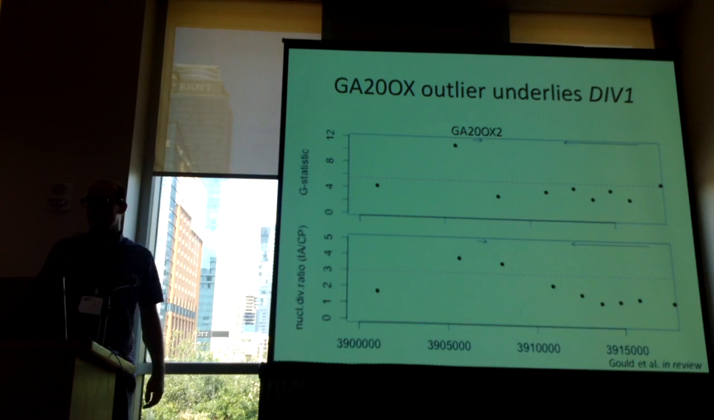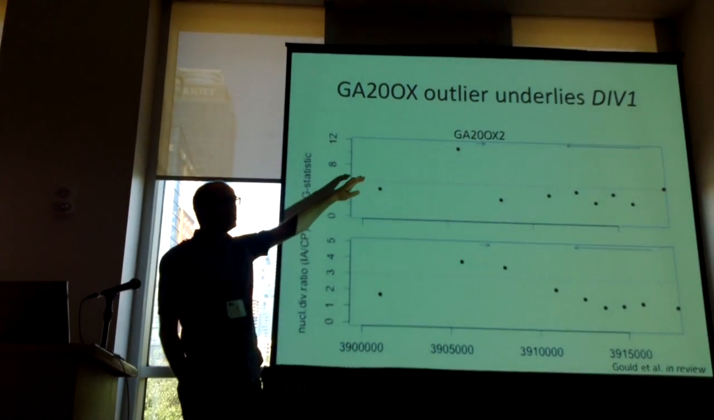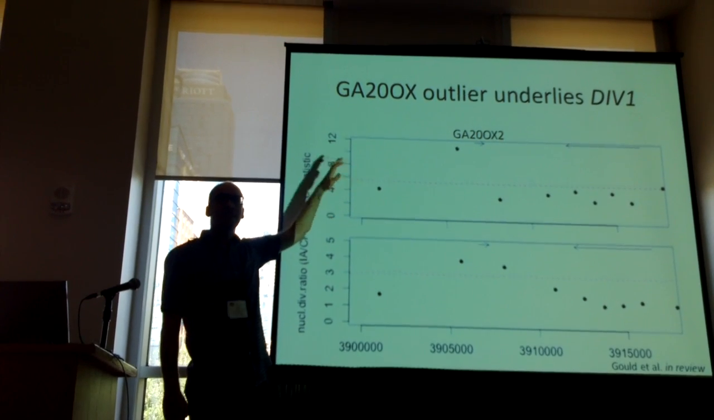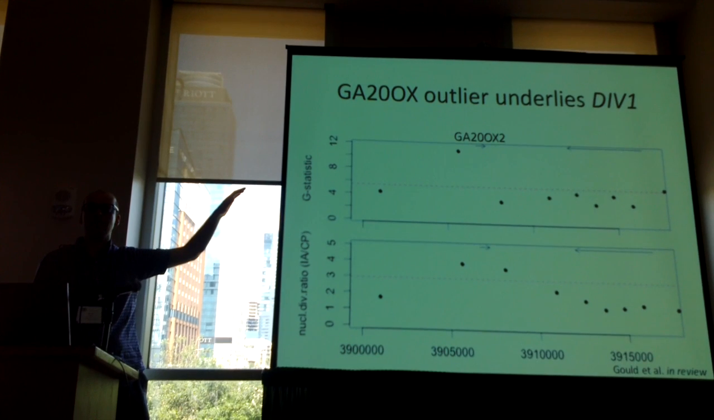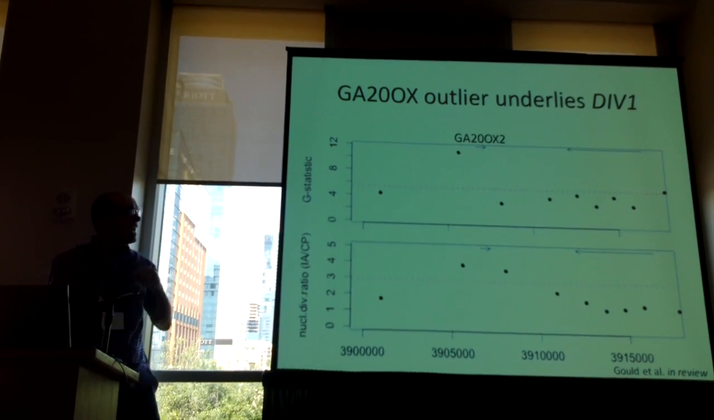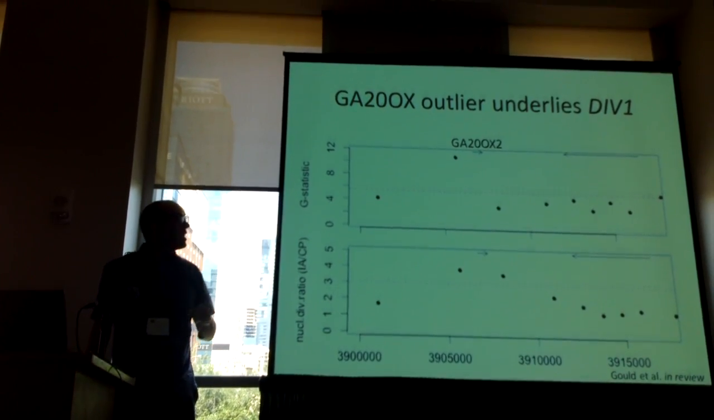So when I went down and looked into the inversion to look for outliers within the inversion, I actually found this gene, GA20 oxidase. And this is like a key green revolution gene that's involved in the biosynthesis of gibberellic acid. And for those of you who know plants, gibberellic acid is like the growth hormone of plants. And so this is like